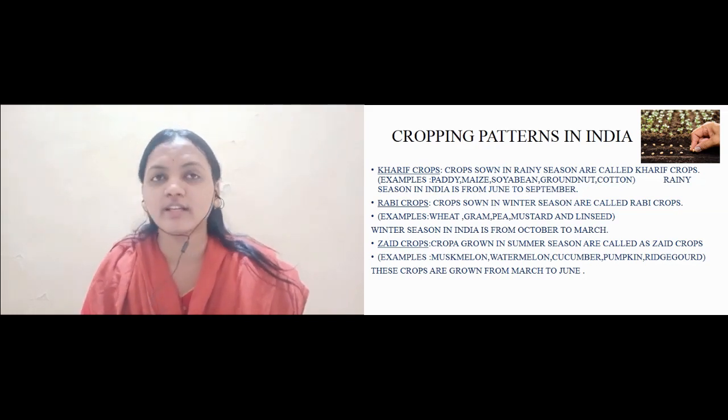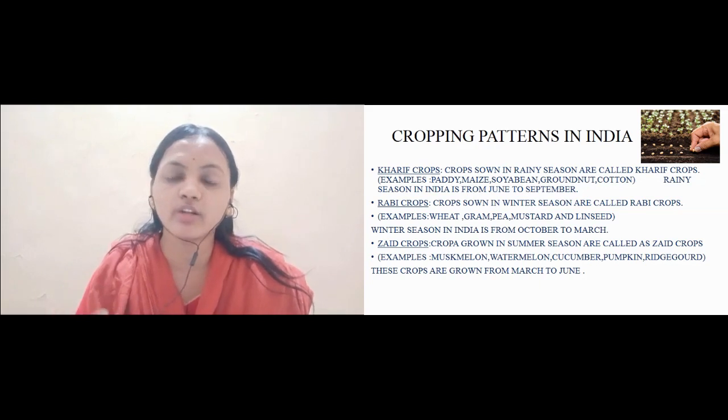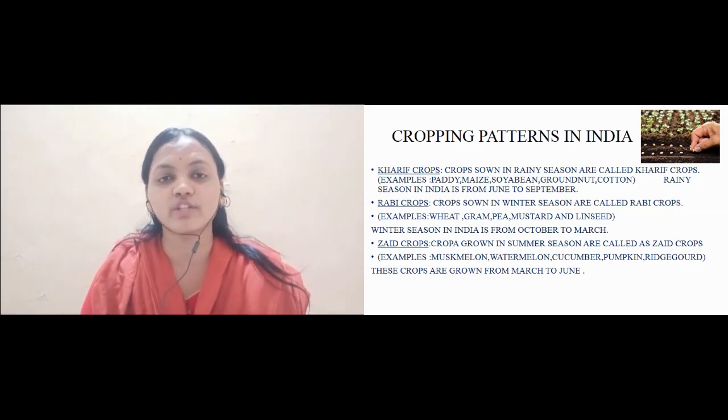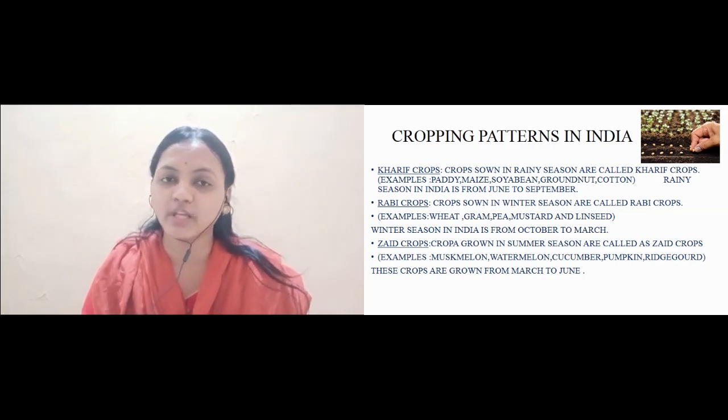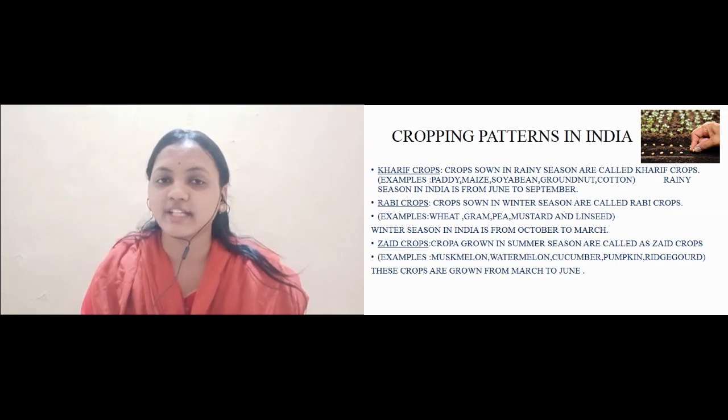So children, these were the main cropping patterns which are observed in India. They are Kharif crops, Rabi crops and Zaid crops. In our next slide, we will see